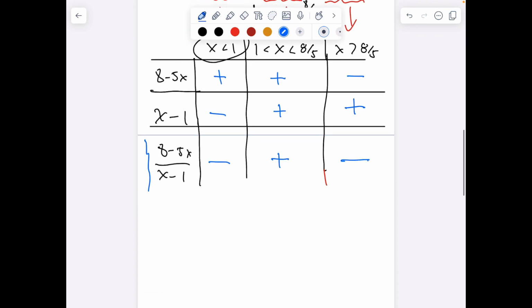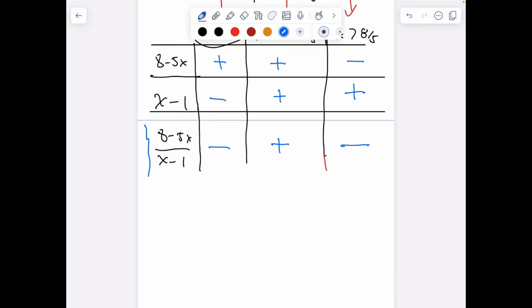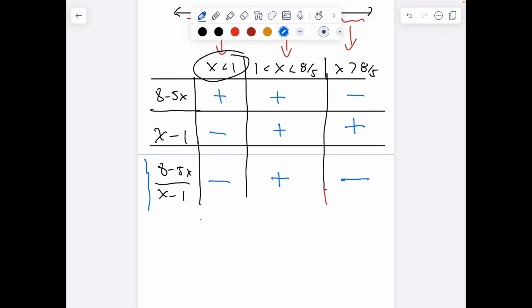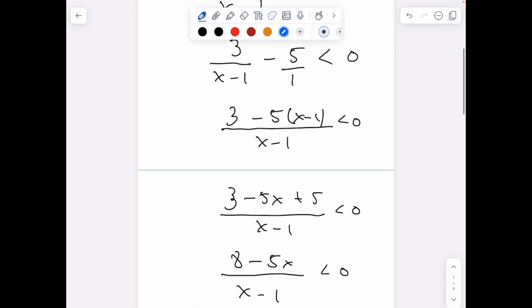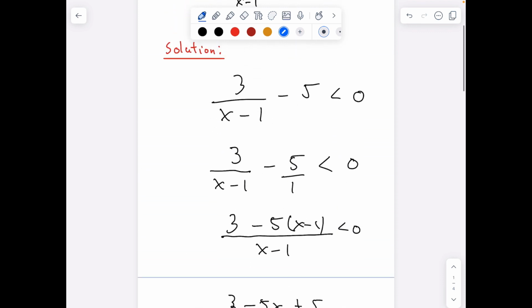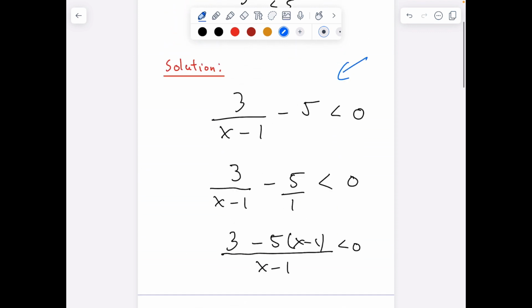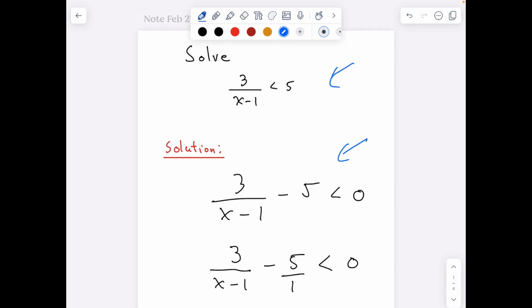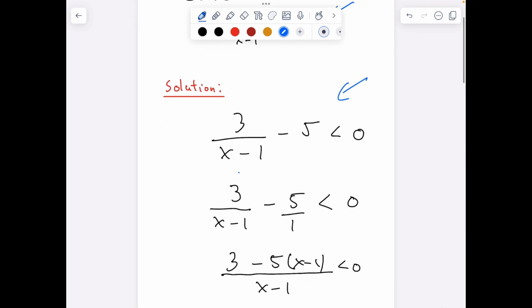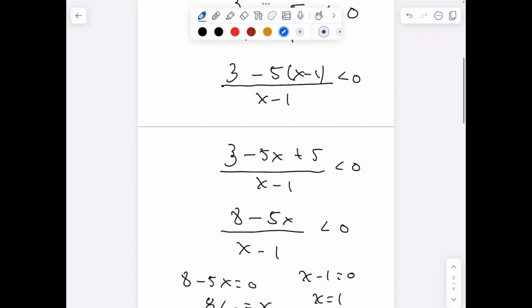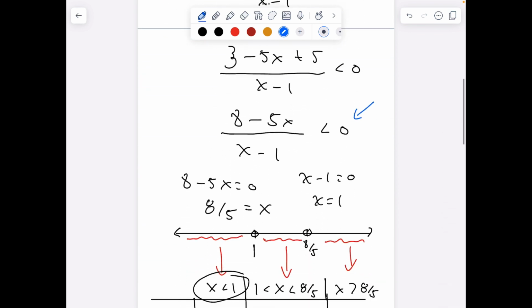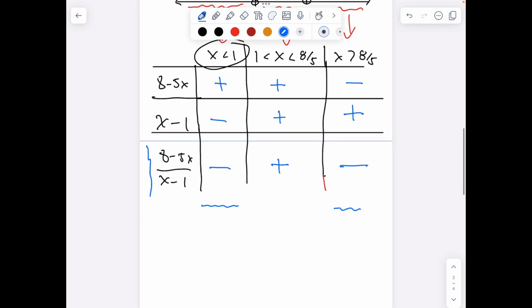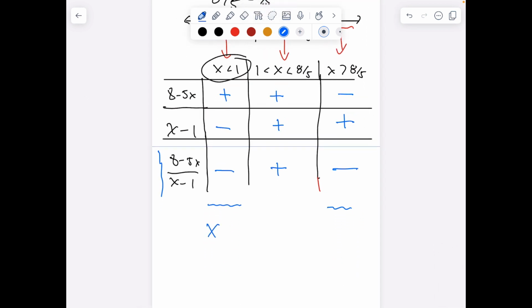So your solution to this inequality would be where we wanted negatives, here and here. Because again, we turned our original inequality, subtracted the 5, and now we were looking at this, and all of this was equivalent to saying that right there. So it's still less than 0, it's just that we moved the equation around to solve. And what's our solution going to be? Well, it's all the stuff that's less than 1 or greater than 8/5,